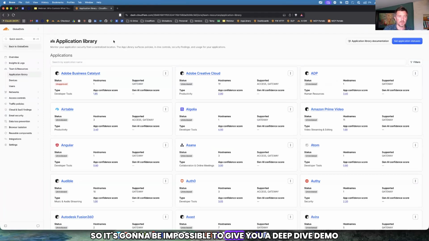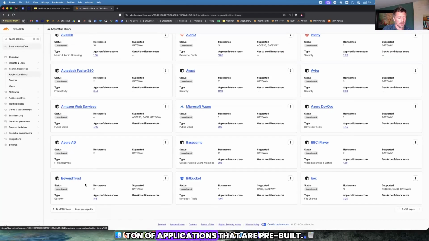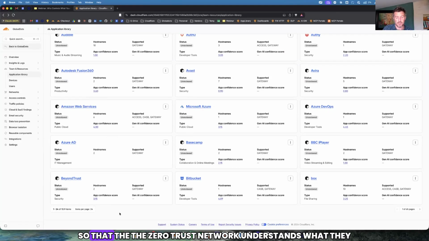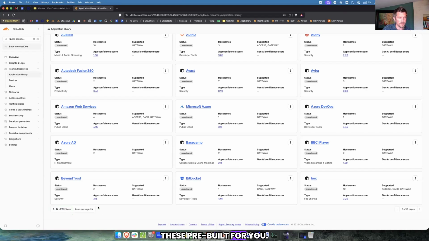It's going to be impossible to give you a deep dive demo of the Cloudflare Zero Trust product, but in order to show the bits that we want, I want to highlight the application library. Within your Zero Trust, Cloudflare has a whole ton of pre-built applications so that the Zero Trust network understands what they are and how many host names might be attached to a given application. As you can see, there are something like 1,500 of these pre-built for you.